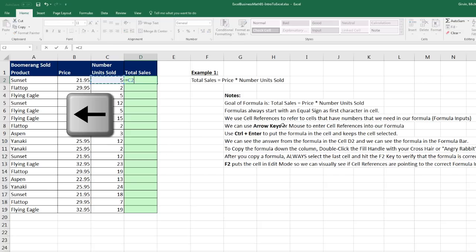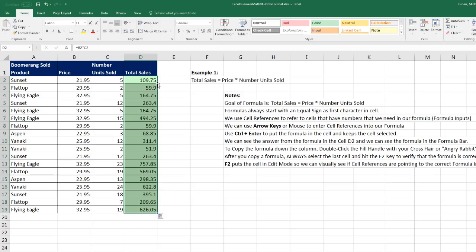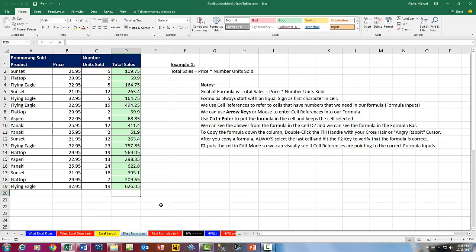Equal sign, left arrow, times on the number pad, left arrow, Control Enter, and double click and send it down. Go to the last cell, F2 to verify. All right, Enter. Now I want to scroll down to our second formula example, and we can use our vertical